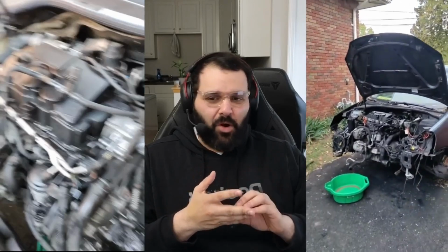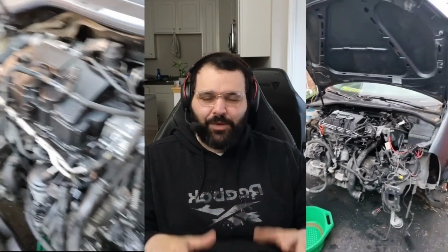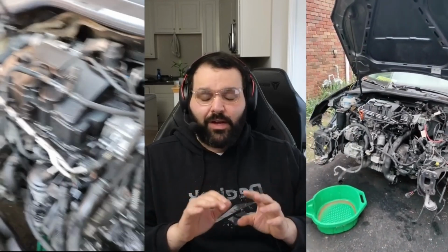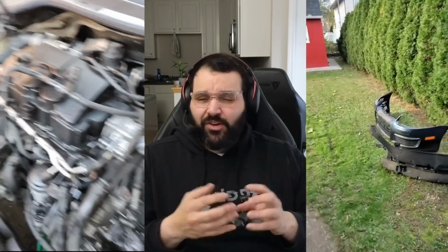So make sure all the liquids that are inside of the engine, inside the cooling system, you completely evacuate as much as you can. You're never going to really get it completely out. And then organize all your nuts, organize all your bolts. Keep reading those instructions, keep identifying those components from the book onto the actual platform itself, and check all your work. Check your connectors,